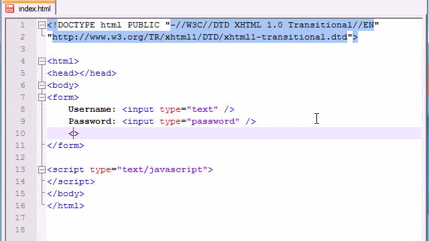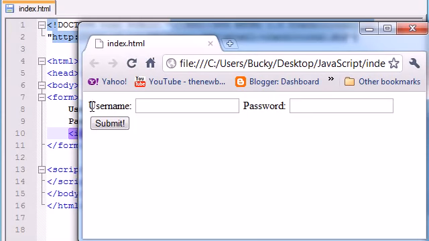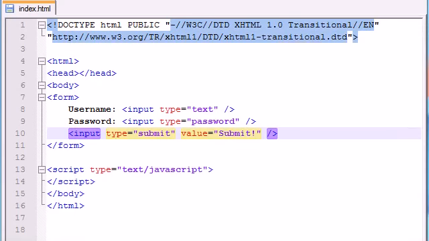So input type equals submit, value equals submit. So now if we go ahead and print this out, we should have a basic form with your username, a password, and a submit button. So we have a website with a basic plain old form on it. Easy enough. So in this tutorial, like I said, I just want to show you guys how to access this